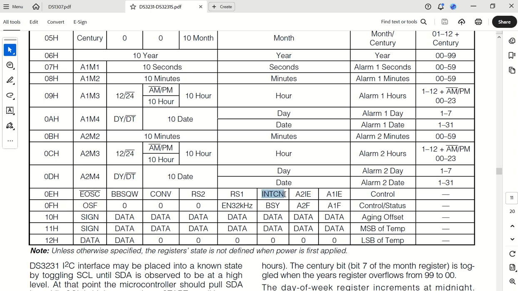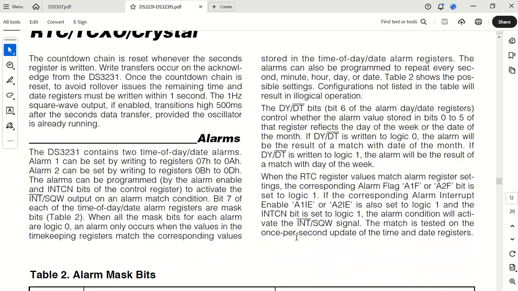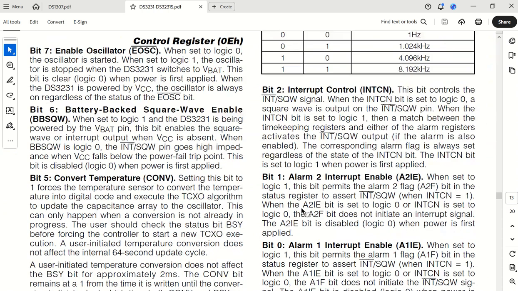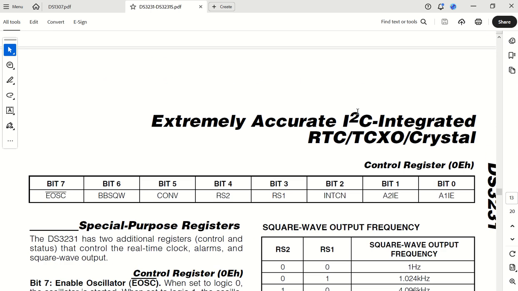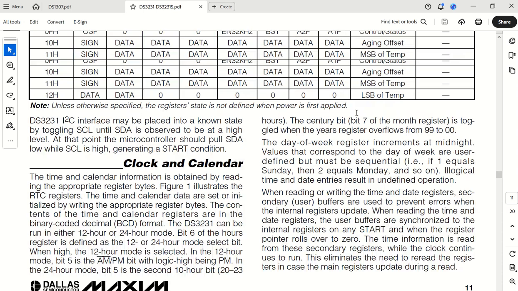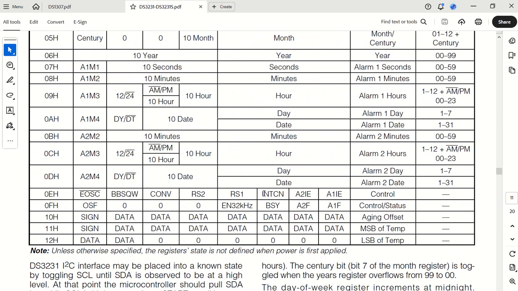You will take this bit and you will make that bit a 0. If I just look on the next page, yes, this bit controls the square wave signal. When the INTCN interrupt bit is set to a logic 0, there is a square wave output on this specific pin. So yes, if you really want to have a square wave, you can also activate the square wave.